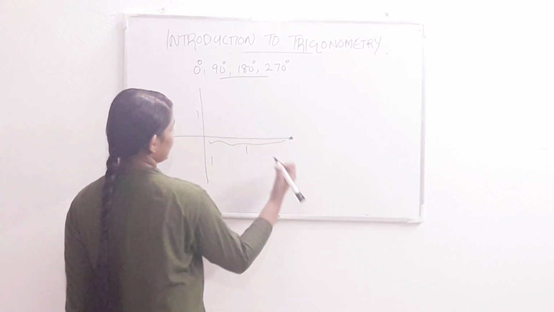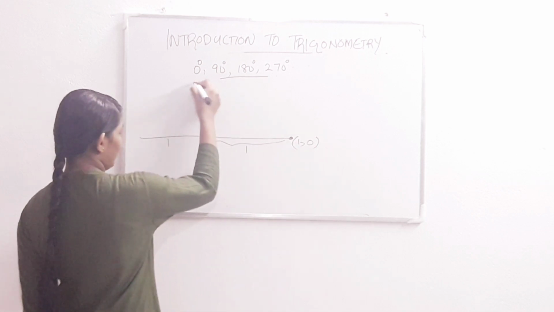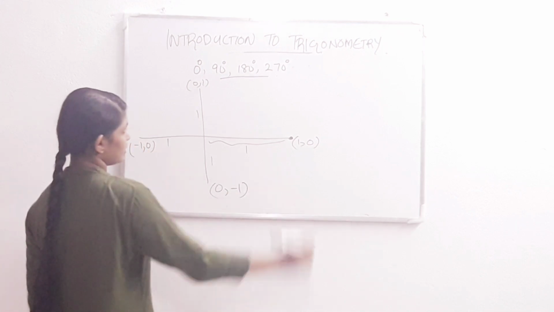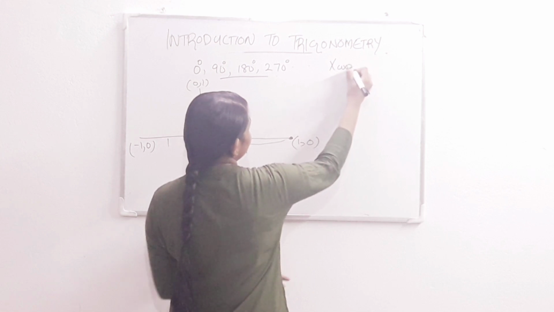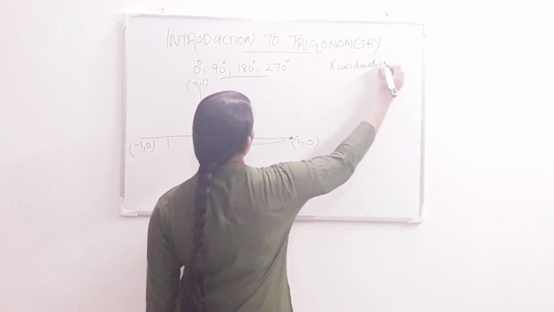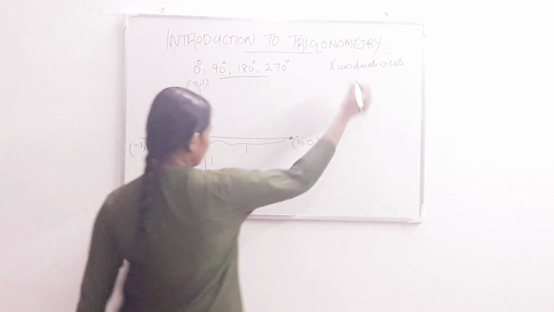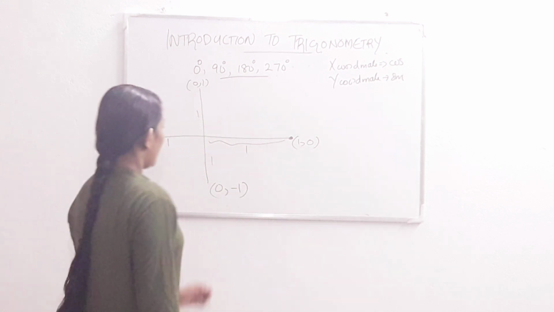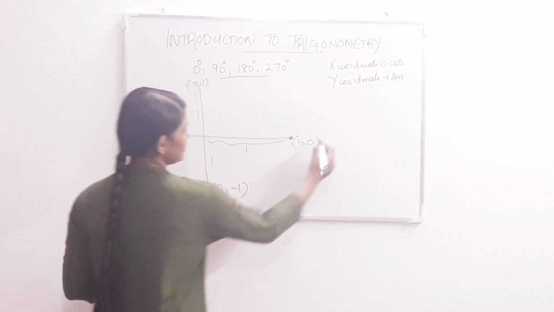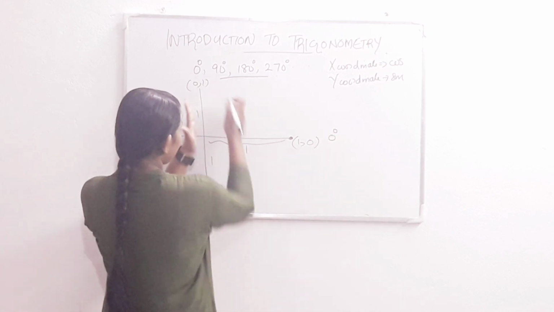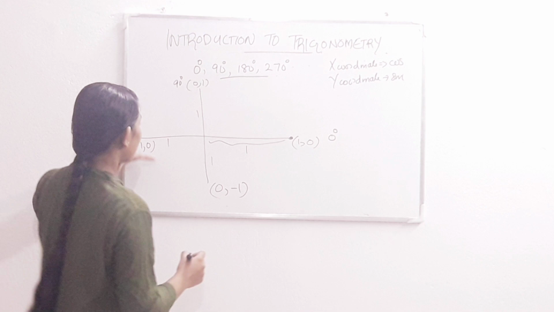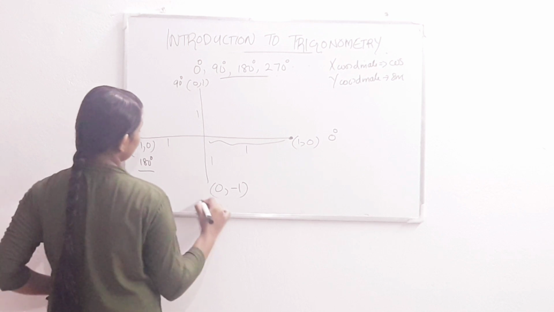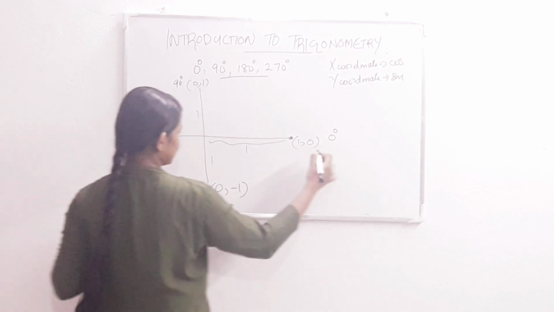So this point is 1, 0, and this is 0, 1. This is minus 1, 0. This is 0, minus 1. Okay. Now the shortcut to remember is: x coordinate is the cos function, and y coordinate is sin. Now the angle with the x-axis is 0 degree. This makes an angle of 90 degree. Let us take the angle with respect to the positive direction of x-axis: this is 180 degree, this is 270 degree, this is 360 degree, and then it continues.